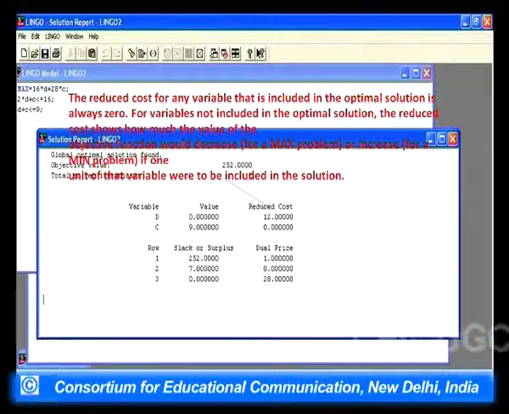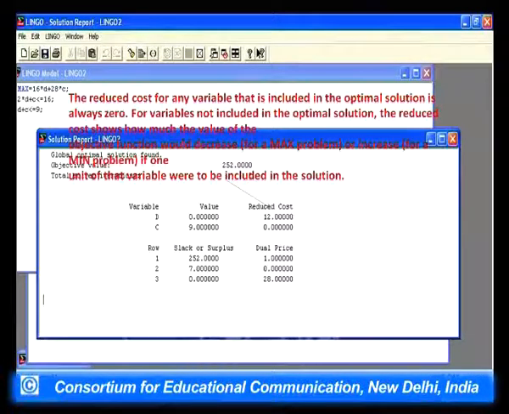For variables not included in the optimal solution, the reduced cost shows how much the value of the objective function would decrease for a maximum problem and increase for a minimum problem.